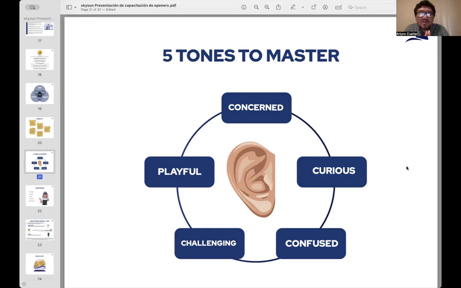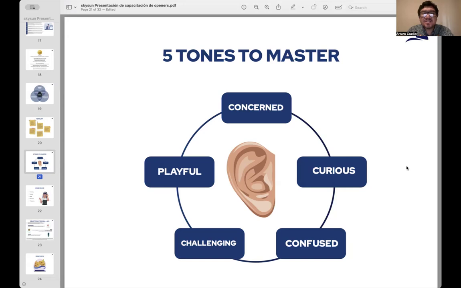Usually, if you have experience on the phones with customer service or tech support, you are required to be professional. You have to sound super polite. You have to sound very friendly. And sometimes even in sales, especially when you get inbound calls. But remember, this is outbound dialing. So if you sound like a salesperson, you will get your knees chopped off. If you sound like a telemarketer, same thing. If you sound customer service like, exact same thing. If you sound very professional, if you sound super friendly over the phones, people will hang up on you.